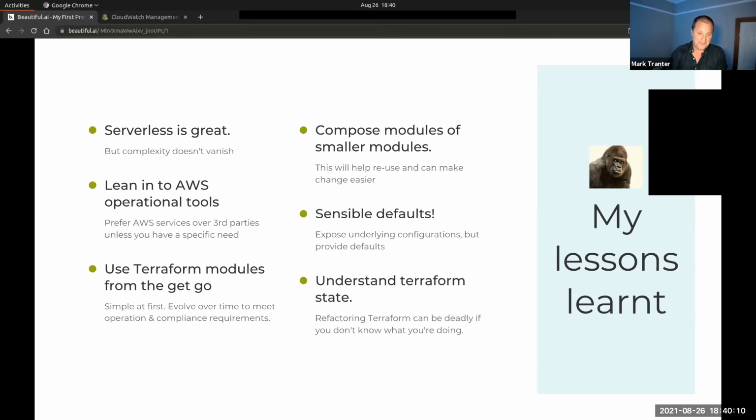And try and get a good understanding of the way Terraform state works. So after you've deployed some service with Terraform, Terraform stores that state somewhere. So either locally, which is no good for anyone, or I can put it in S3, for example. You need to have a good understanding of the way Terraform state works when it comes time to refactor your Terraform, where you can really end up in a bit of a bind. I don't want to deep dive too far into that now because it's fairly complex, but get a good understanding of Terraform state.